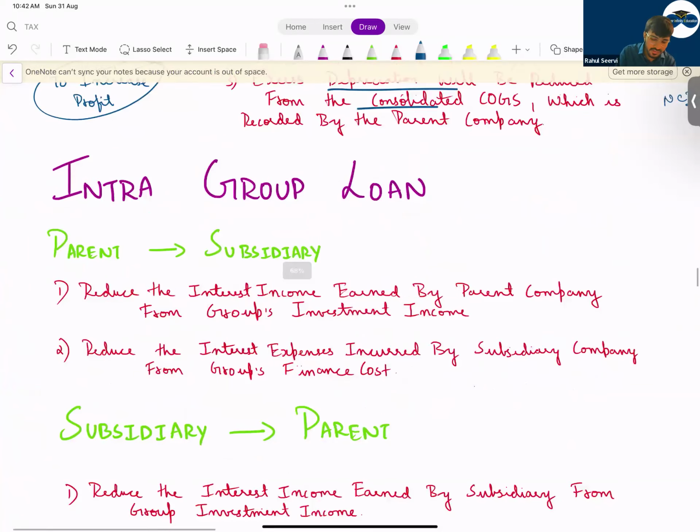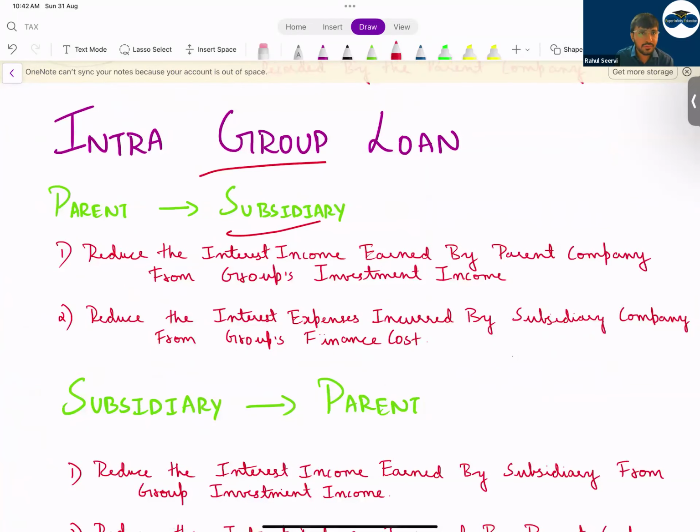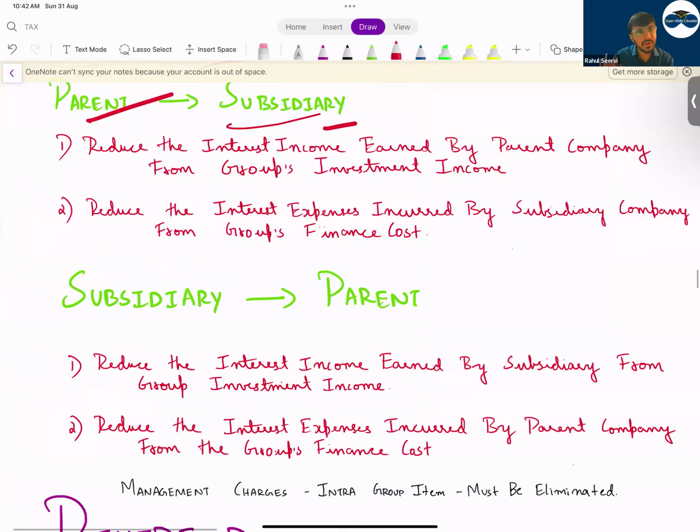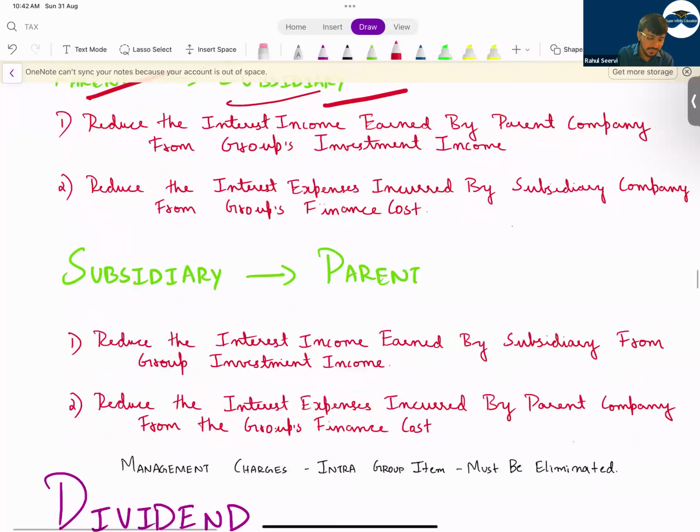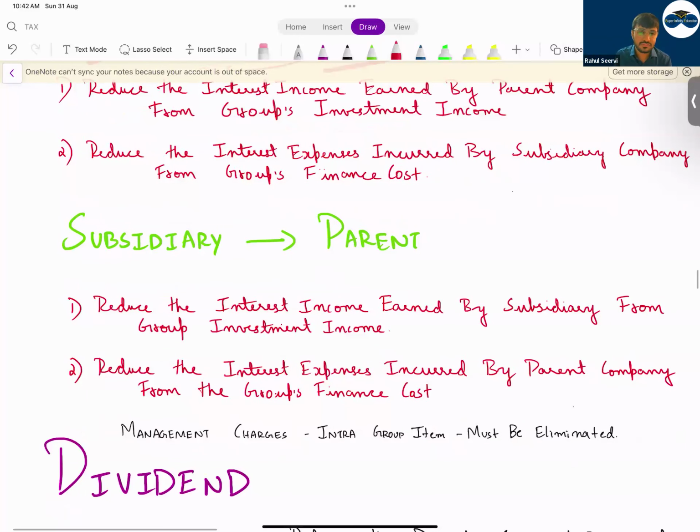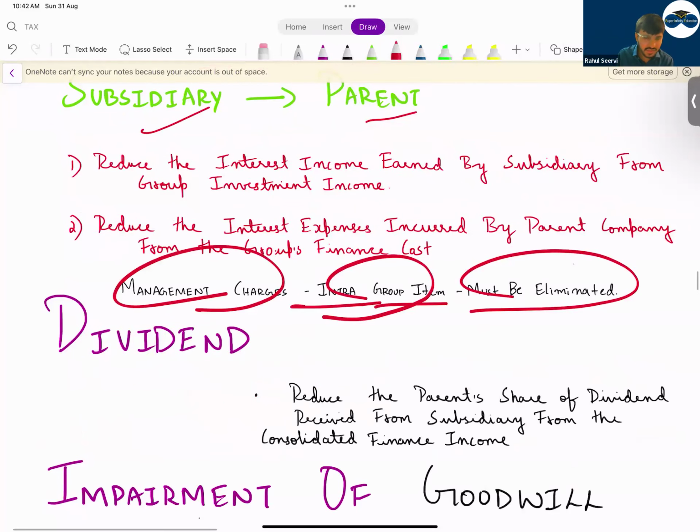Then intra-group loan, what did I mention for intra-group loan? You will eliminate it. One company will record interest income, the other interest expense, you will eliminate it. Parent will record income, subsidiary will record expense, eliminate. Even if you do not eliminate, your P&L will be right, your answer will be right. One side income, one side expense. So the effect is nullified. If you do not record it also, the value will be the same. So you have to remove it. If not, the examiner will reduce your marks. Subsidiary will record income, parent will record what, sir? Expense. So if there is any management charge, like intra-group items, some management charges, those also should be eliminated. One company expense, one company income, that also should be eliminated.